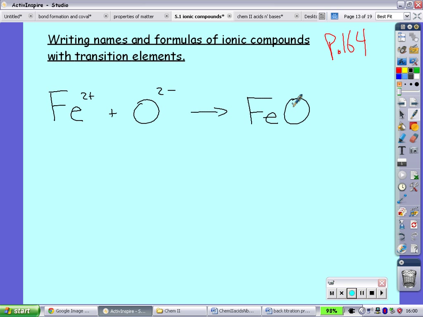The next one, iron 3, Fe3+ for iron 3 with O2-. See, this one does not cancel out. This is similar to the one where we used aluminum and sulfate. So this time I need to put 2 irons because 2 times 3 is positive 6 and 3 times negative 2 is negative 6. And I write the formula as